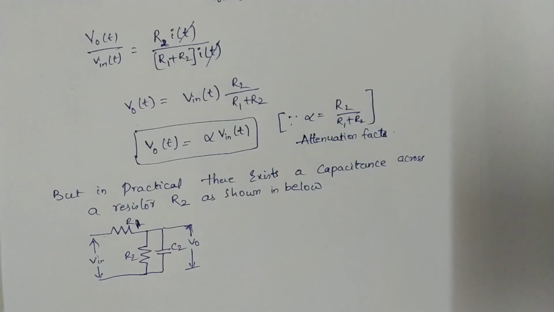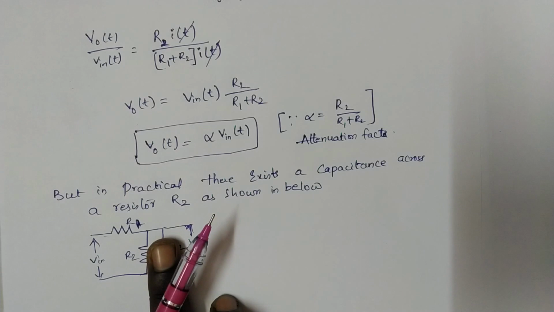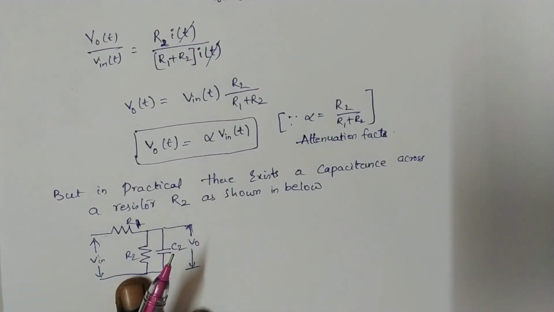That means if we connect this attenuator circuit output to another circuit as an input, there will be an effect of loading. In order to minimize that, we use balancing. Mainly the stray capacitance is used to reduce the loading effect. Without C2, if a direct resistive network is connected to another circuit as an input, there will be a loading effect. So in order to neutralize that, there is a capacitance C2.